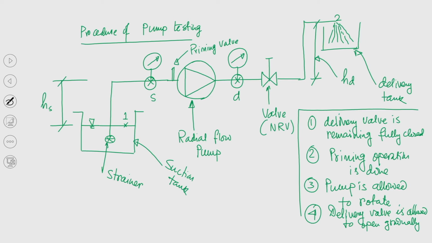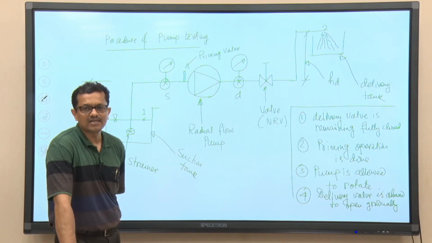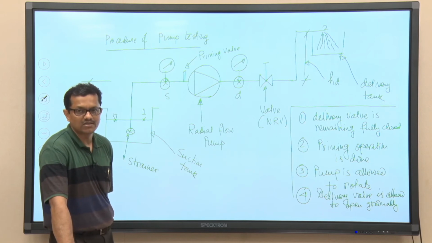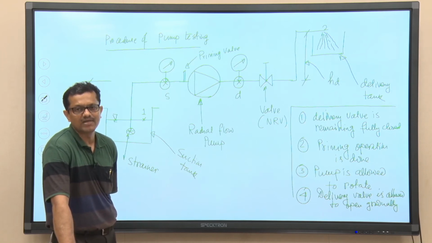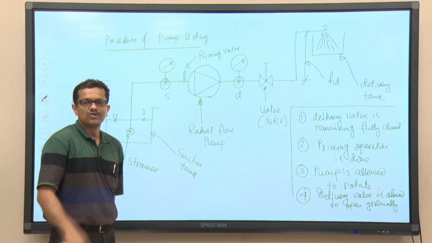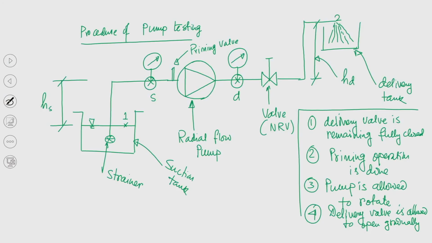See, we have these two pressure gauges, one at the suction line, the other at the delivery line. So, we can definitely measure the pressure difference across the pump, and that is nothing but the head that will be developed by the pump. So, we shall do this exercise, but we also need to measure the discharge. So, the delivery valve is allowed to open gradually. What we will do at the point 2 is connect, as we have studied in the undergraduate course, a V notch.